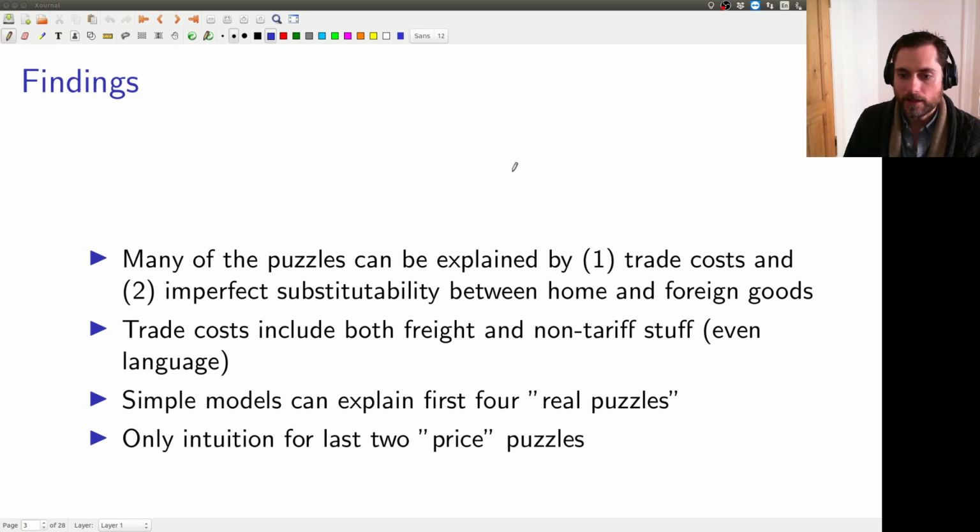What do we mean by trade costs here? Trade costs include both the actual costs of trade, like getting your goods loaded onto a ship and paying the freight and the insurance and all that good stuff, but also just the transactions costs to doing business with someone in another country. So that could be language, that could be culture, that could be simply just the additional time it takes for you to search for these people. Some of my own research is about the cost of searching for clients abroad and how that shapes responses to trade shocks.